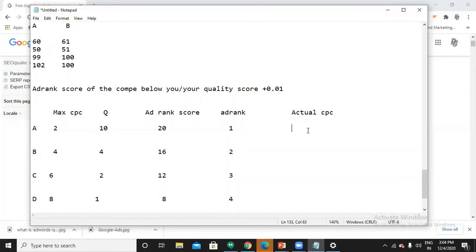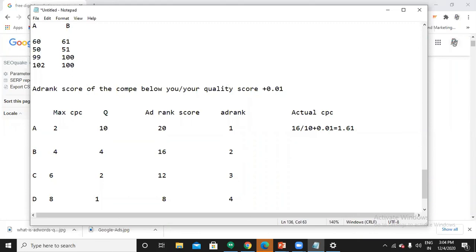B. What is the ad rank score of B? 16. 16 divided by my quality score, which is 10, plus 0.01. How much? 1.61.